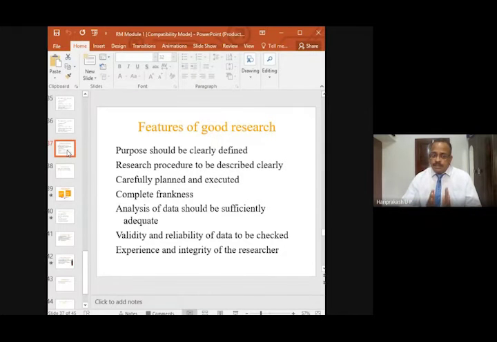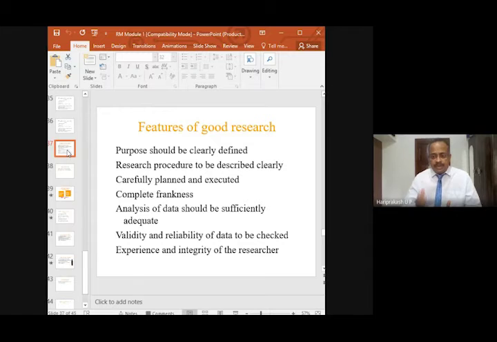Then the next is the research procedure, to be described clearly. How are you going to do this research? Nothing but the research design that you are going to come up with should be very clear. What is the research problem? Define it. How and what data is required for this research? Whether you are going to collect primary data, what different secondary data you are going to collect, what the different sources of secondary data are, how you are going to collect the primary data, what instrument you are going to use, or what technique you are going to use to collect the secondary data,